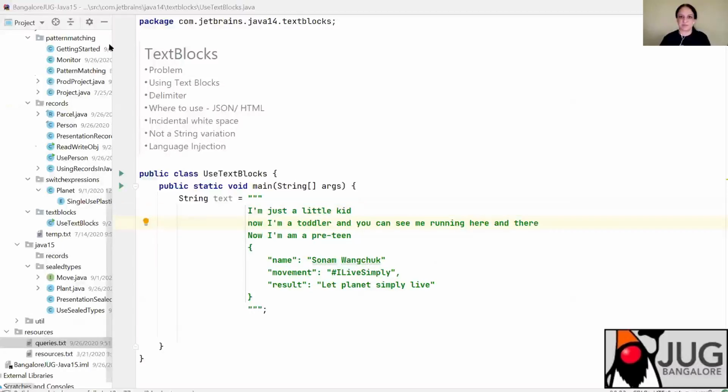Now, this brings me to the next point, which is the incidental white space. How would you like the text blocks to take this space? Should that be a part of your string value or should that not be? If you can see a vertical green line here, this shows how your incidental spaces